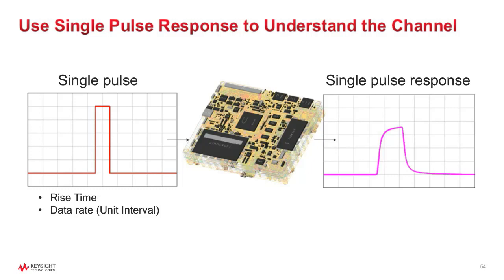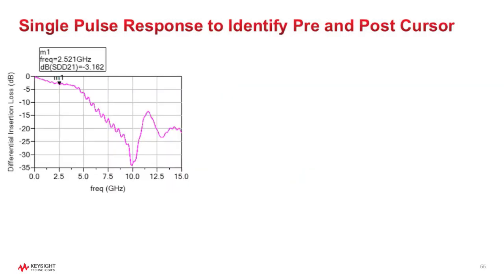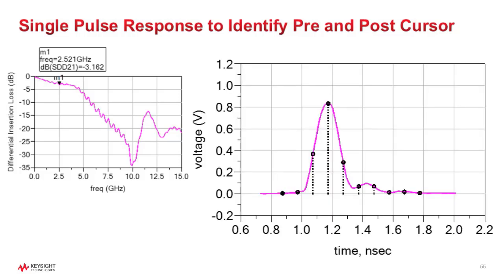Given this loss characteristic, SDD21, our single pulse response looks like this. If we mark the maximum as the cursor and use unit intervals as the counting metric, then we can count whatever is coming before as the precursor and whatever is coming after